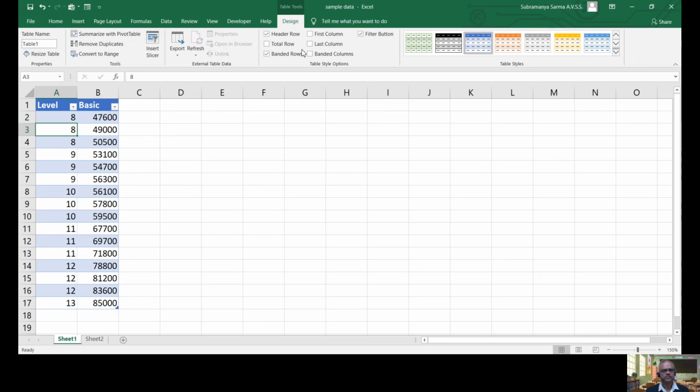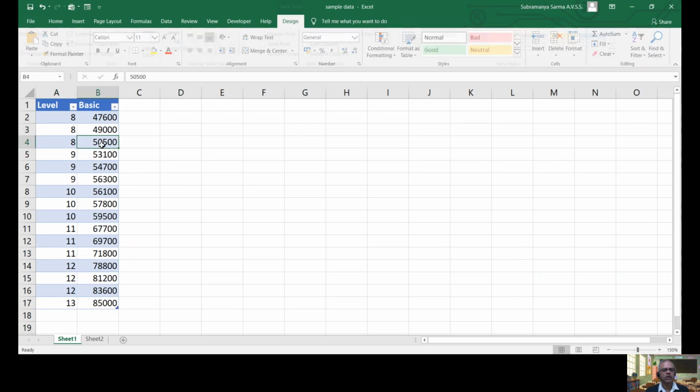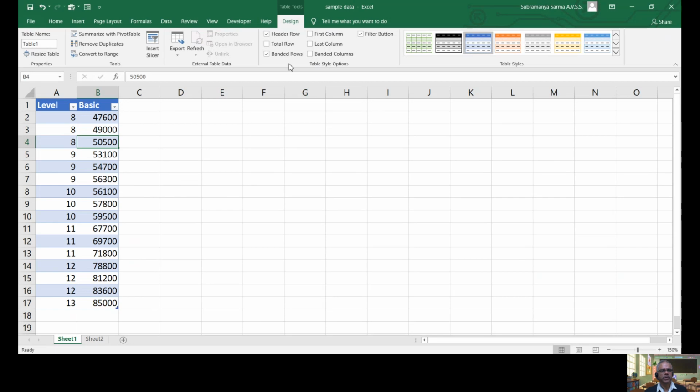The third one is that an additional menu was added, called Design. This is not a regular menu option. If you observe, suppose I click here outside of this table range. Our table is only available in A and B. If I click on D, you see the Design menu disappears. But if I click on the table, the Design menu appears automatically. That means this Design menu is exclusive to a table.